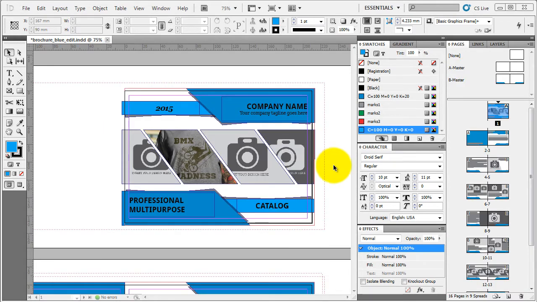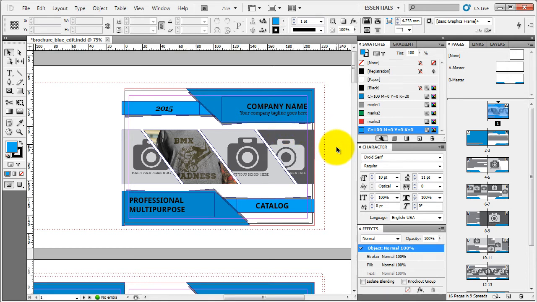Now there are two ways of sending this file to your printer services. The first one is creating the PDF compatible print file, and the other way is packaging the InDesign file and sending it with all the links, the InDesign file itself, and the fonts that have been used in this instance. Now we're going to go through several steps. The first step you'll unfortunately have to repeat for every template. But when it comes to transparency, flattener presets, and print presets, you're going to have to create this just once, and we're going to go through the creation